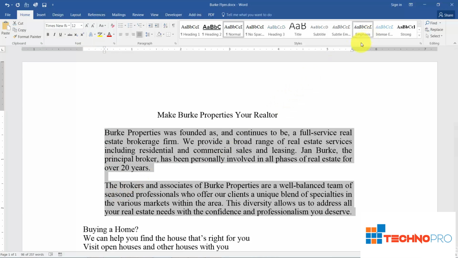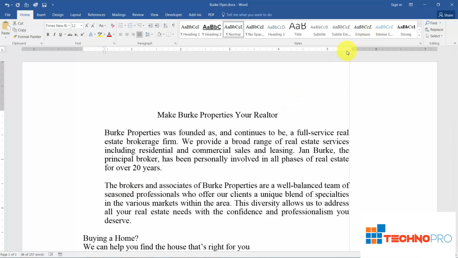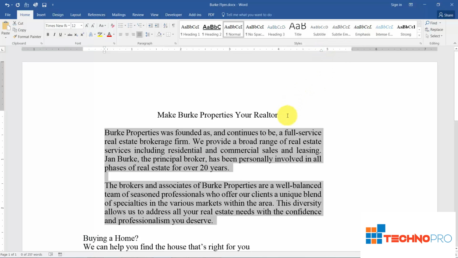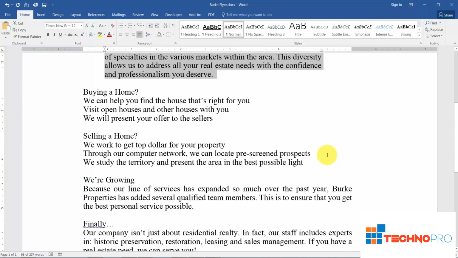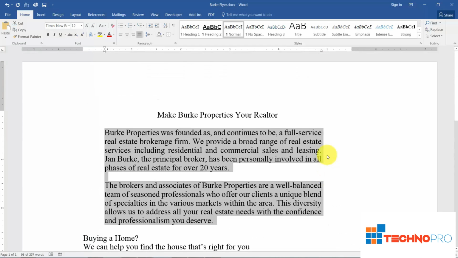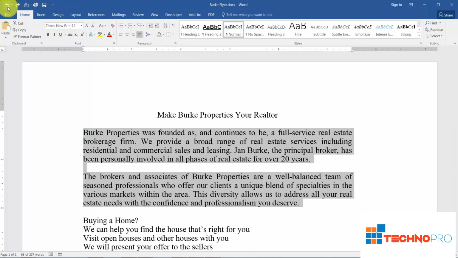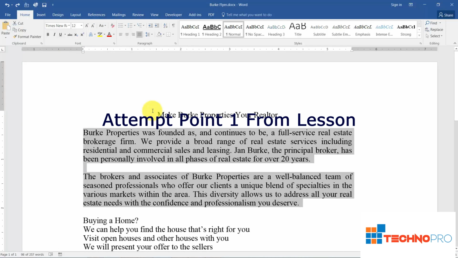There's also an indent over on the right, so if you wanted to pull this in, you'll see that you can now make a paragraph or two actually stand out a little bit because you've changed the margins for those two paragraphs only. Notice it didn't affect any of the other areas of my document. So that's a quick overview of how the indents work. I'm going to go ahead and undo this. And the next thing I want to talk to you about are working with your tabs. So let's move over to